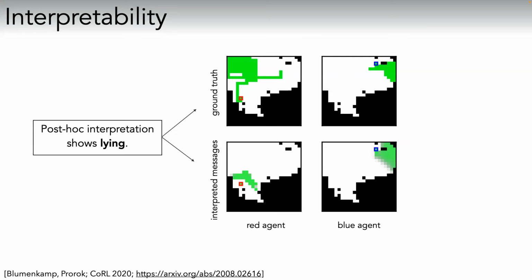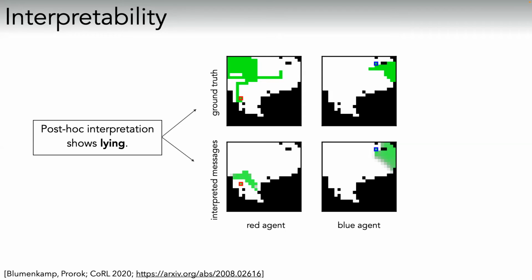And let's have a look at the blue agent first. If you look at the ground truth and the sent messages for the blue agents, they tend to correlate very nicely. They tend to be quite aligned. So the blue agents cover the area that here is mapped in green, and what they send to their neighboring robots corresponds to what they have covered, right? And this makes sense because you want your teammates to not go into the areas that you have already covered because it's already covered area, and this doesn't benefit anyone.